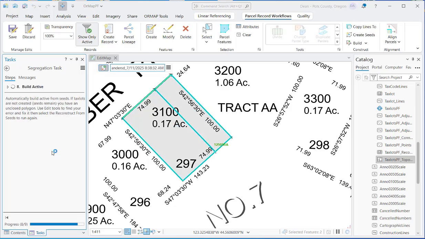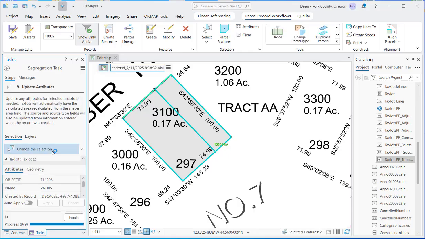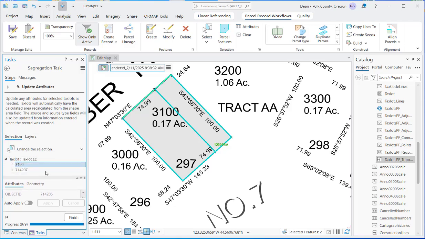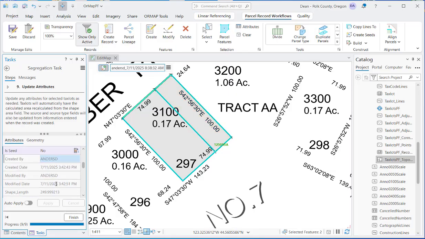And this is going to automatically run the build active, which then will create the two polygons. What you can see when I have done that is Taxlot 3100 is made. And 3100 contains the original attributes from the parent Taxlot, but it also contains the source and the source type as entered in the record. I'm going to select the next Taxlot, which doesn't have a number,